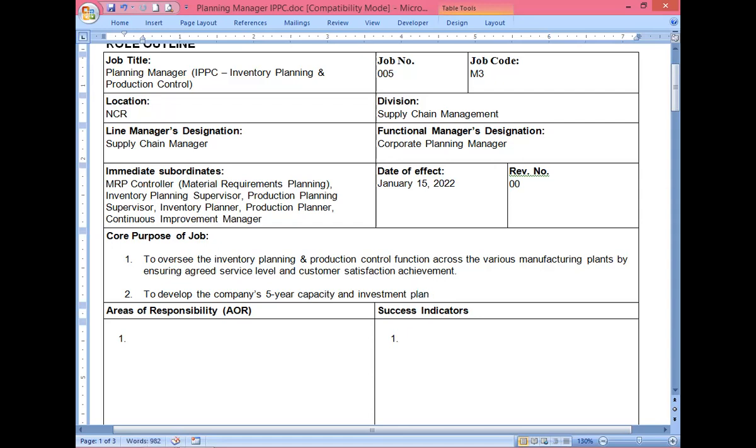Are you going to get it from your own pocket, from your own vault, or are you going to get it from the bank? You know, make some loan, right? It doesn't matter how you source your investment. What's important is you plan it and you know what to do, right? But the responsibility of the planning manager is to make sure that you have all the plans in place, right?